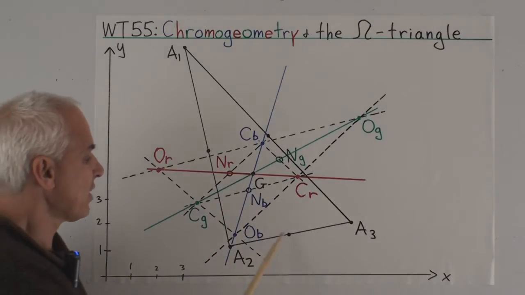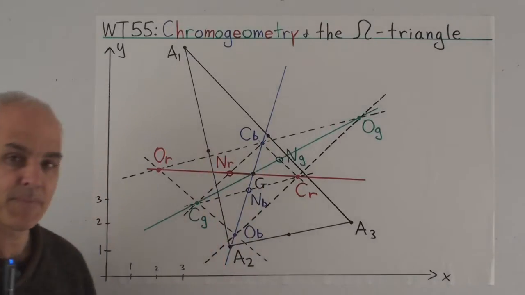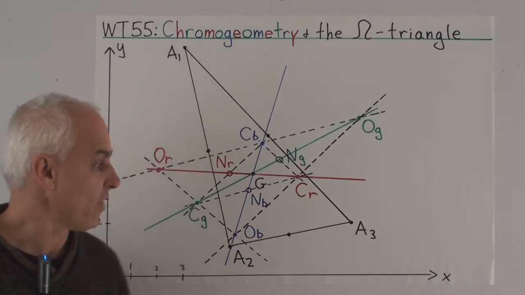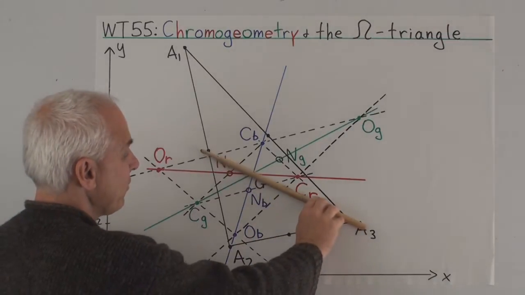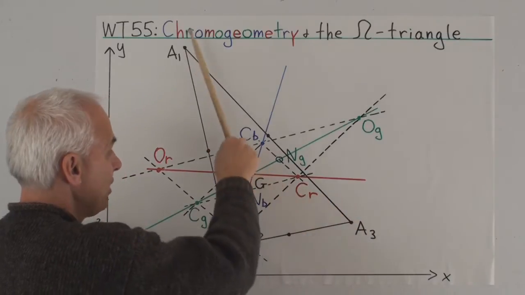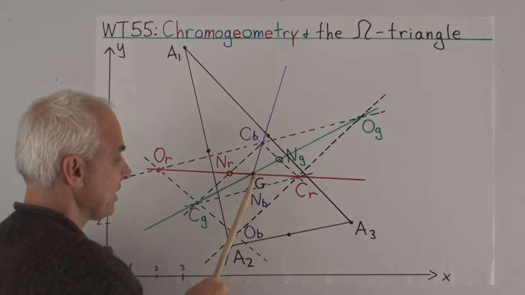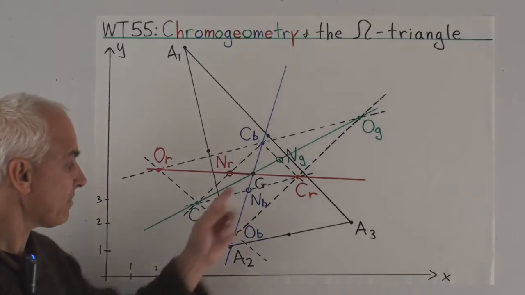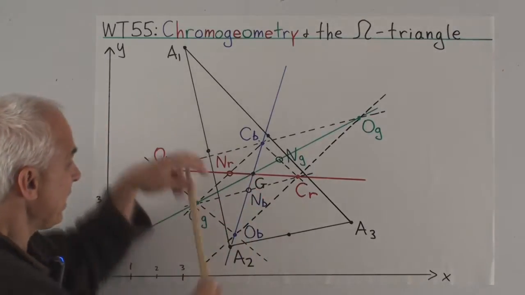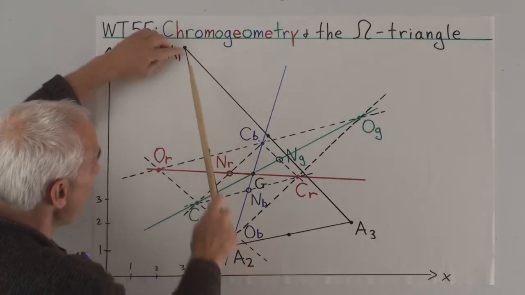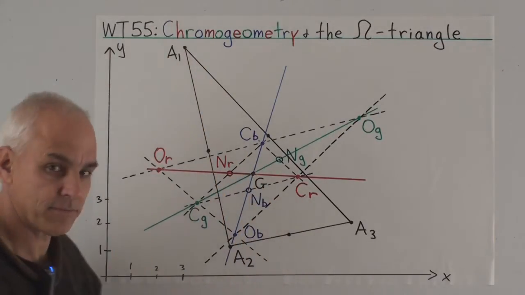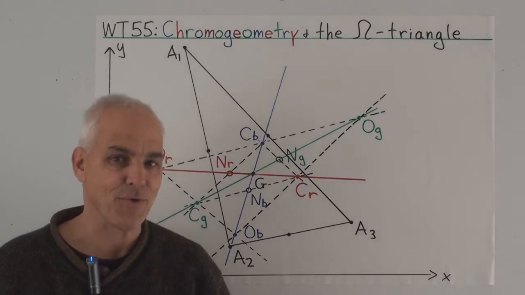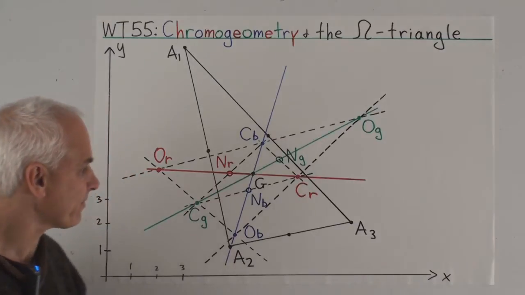The first thing to note is the three midpoints of the sides and the centroid, which is the intersection of the three medians of the triangle. A median is just a line through a vertex and the midpoint of the opposite side. So they are the three medians and they intersect at the centroid. And it's an important basic observation that that centroid splits each median into the ratio of 2 to 1. It's a basic fact. And we're going to see how that relates to Euler lines in a second.